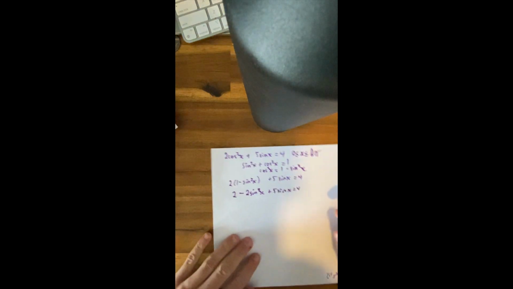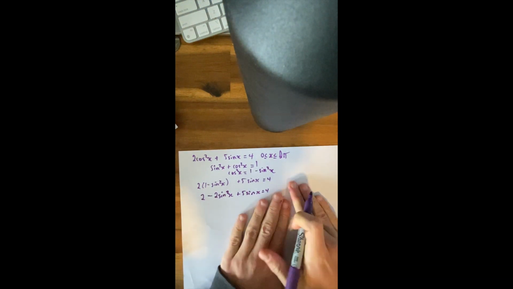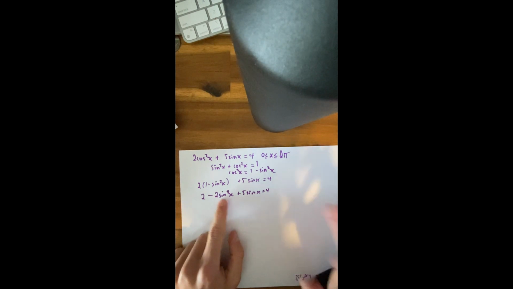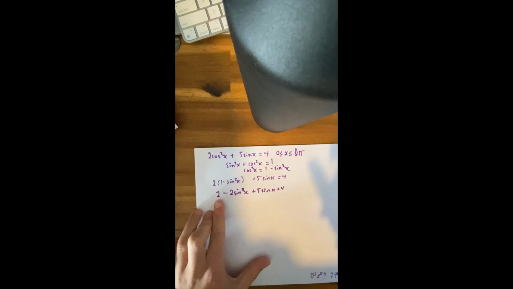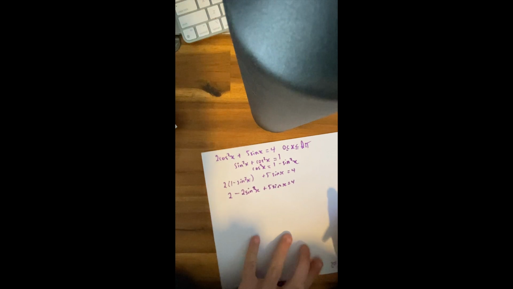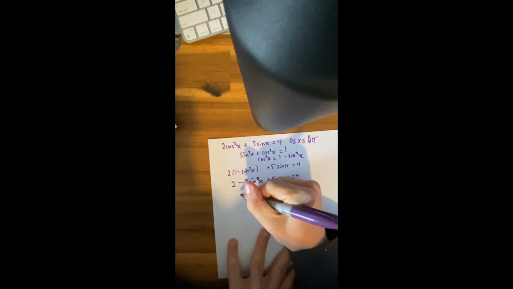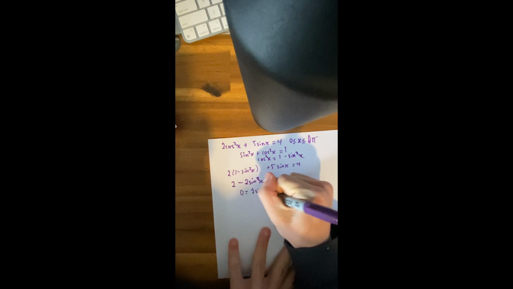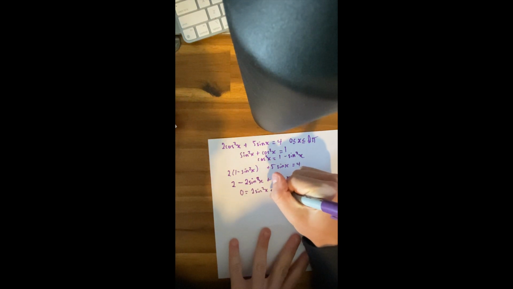And the next thing I'm going to do is just bring this all over to the right hand side, because I've got a negative 2 sine squared x. Just makes it a bit easier to work with when we move it to the other side. So doing that, we get 0 equals 2 sine squared x minus 5 sine x